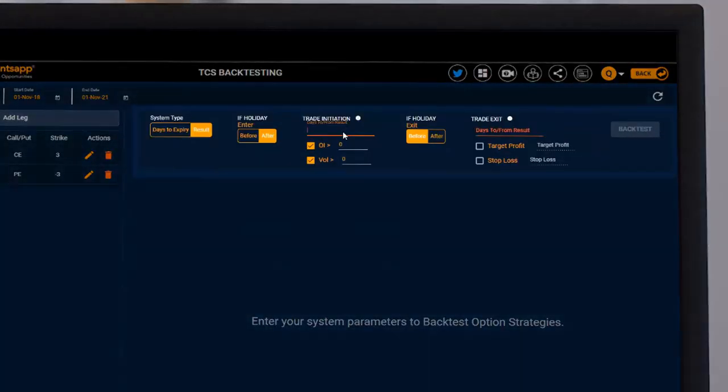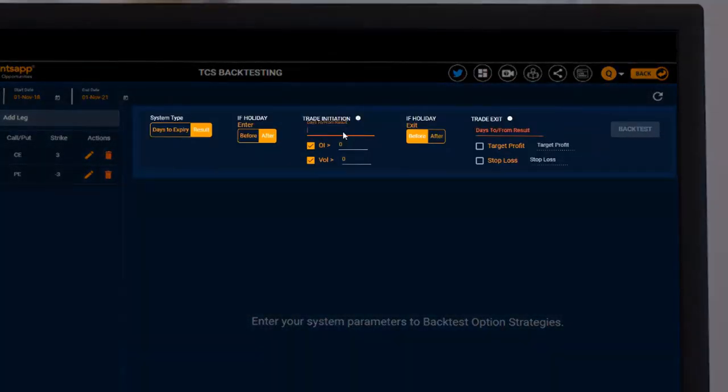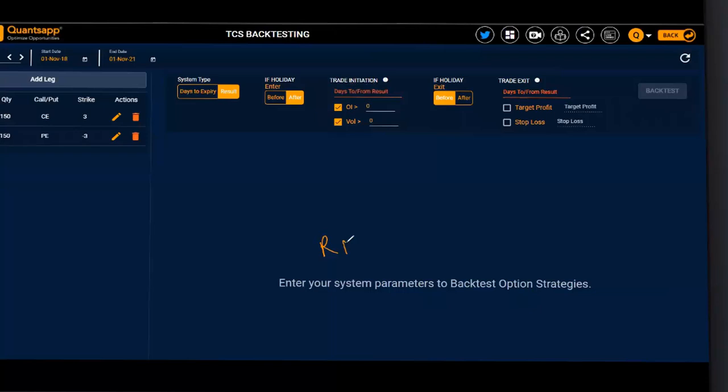So now once we give input about our strategy, so we have created a strangle, we need to give input about days to/from result. Okay, how many days we are away from the result is something we need to give inputs about. So again the thing is very simple, the result date will become 0, before result, okay, so BF, which is before result, will become -1, -2, -3. Basically the days before the result I'll type minus.